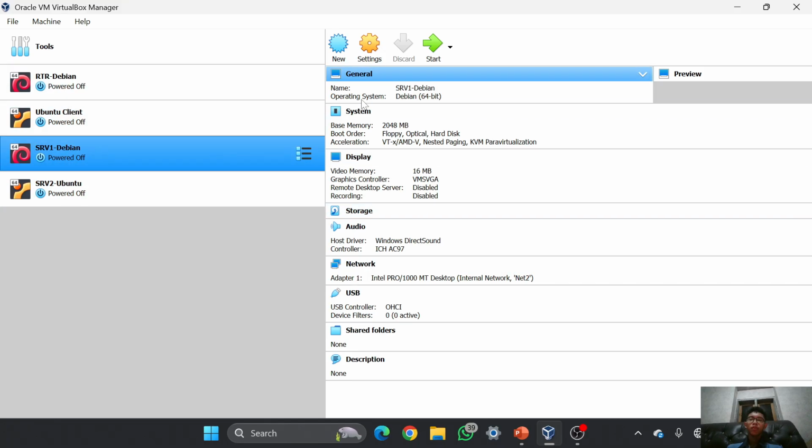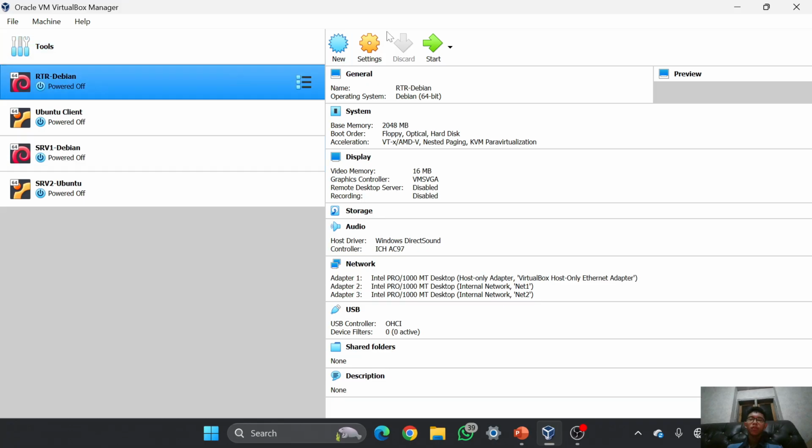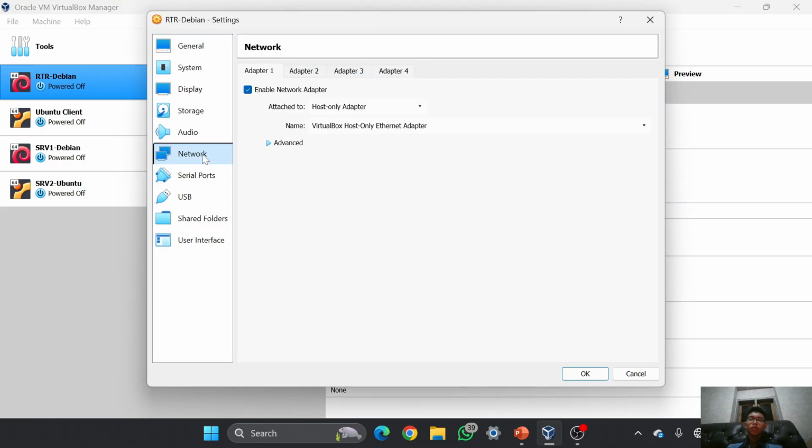And my laptop also has 8 GB, so it will make my laptop go slower. So you can use the RAM configuration to make this laptop not run too hard.